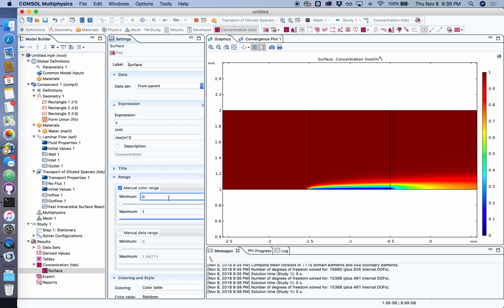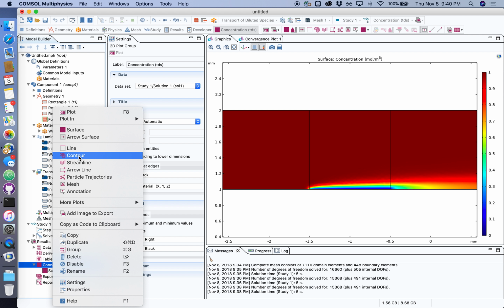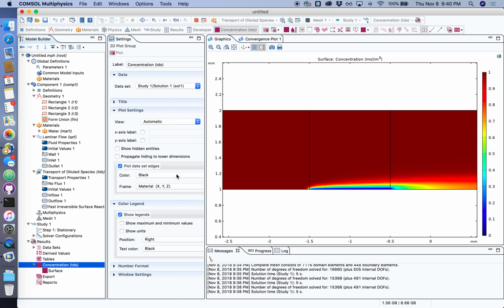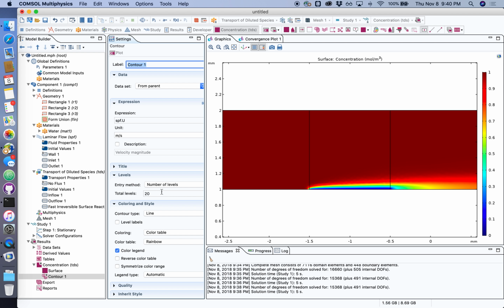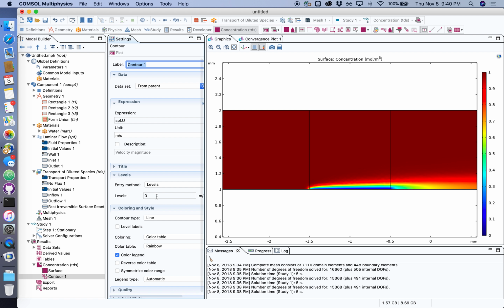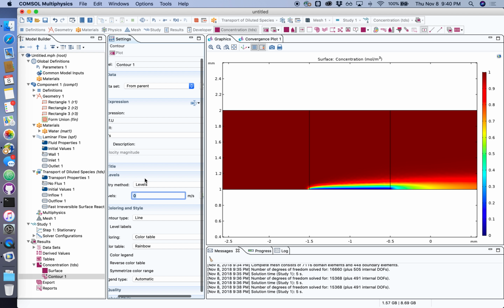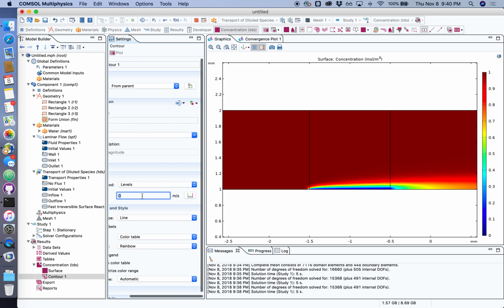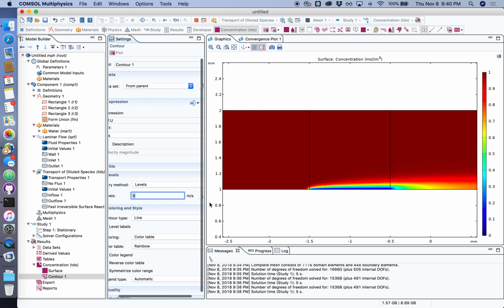This way, as we play with the different flow rates and change the concentrations in the system, COMSOL won't automatically rescale the color bar and make for confusing results. And then I'm also going to, under concentration here, add in, just like I did in the first video, a contour that lets us visualize the concentration at which half of the target solute has been consumed. So here I am specifying the level of concentration that I want that to occur at, but